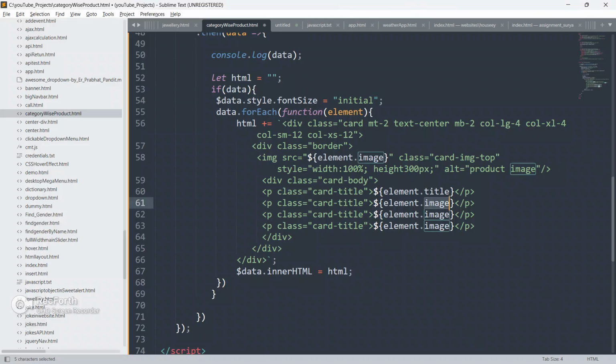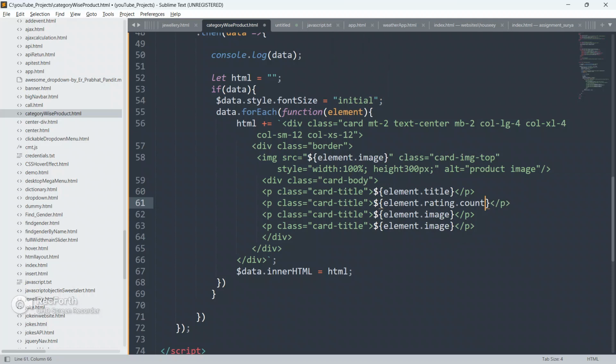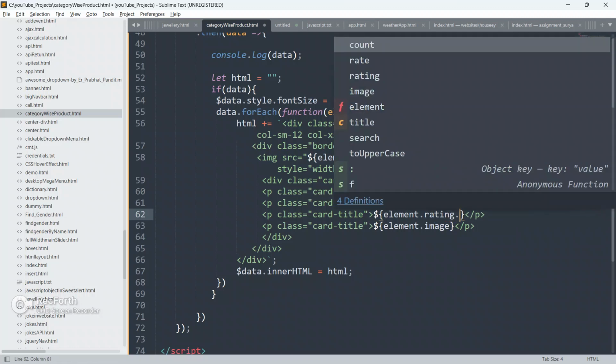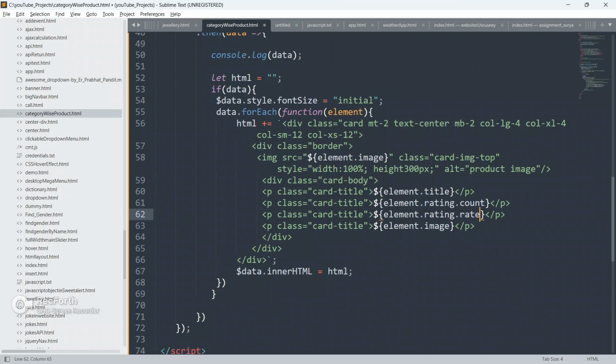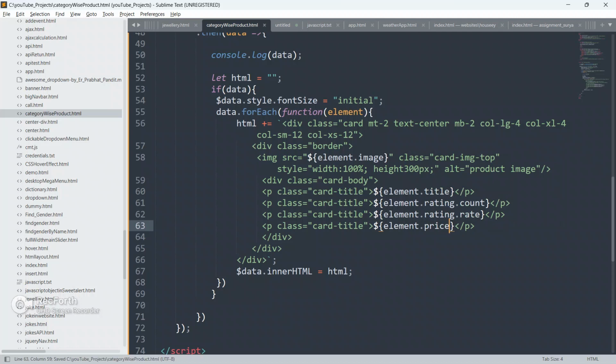Now rating dot count, and rating dot rate, and element rating dot rate, and price.